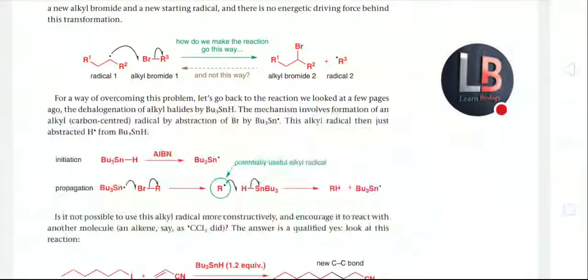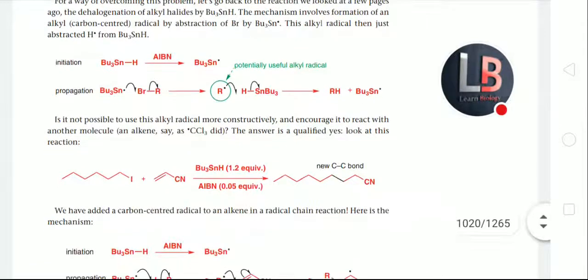The dehalogenation of the alkyl bromide by Bu3SnH. The mechanism involves formation of the alkyl radical by abstraction of the Br by Bu3Sn free radical. This alkyl radical then just abstracts hydrogen from Bu3SnH. Initiation, then propagation. Is it not possible to use this alkyl radical more constructively and encourage it to react with